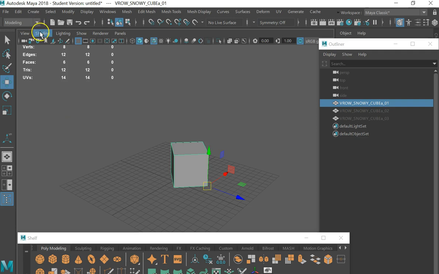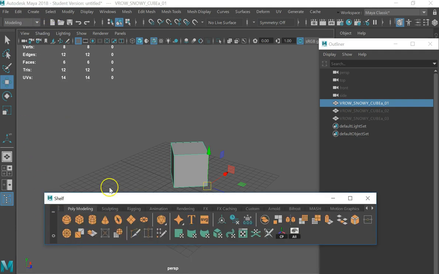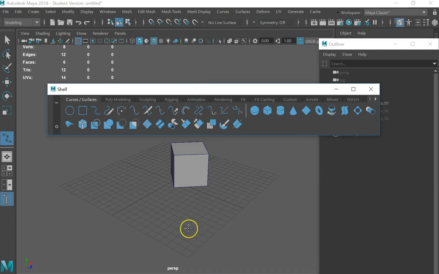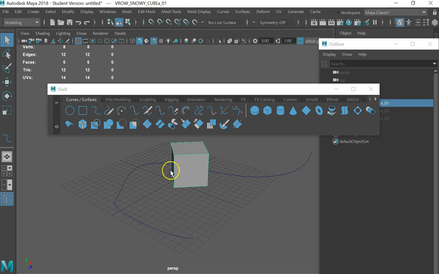With that, I can also go along a curve. This is one of the rare instances where I'll use the curves and surfaces. So this is all NURBS modeling. You rarely do NURBS modeling in Maya, I find. There are just better programs for it, like Rhino. So if I want to snap this across the curve,